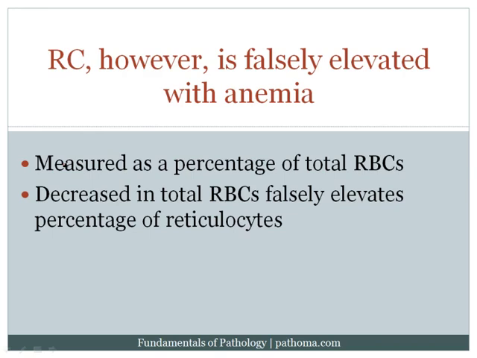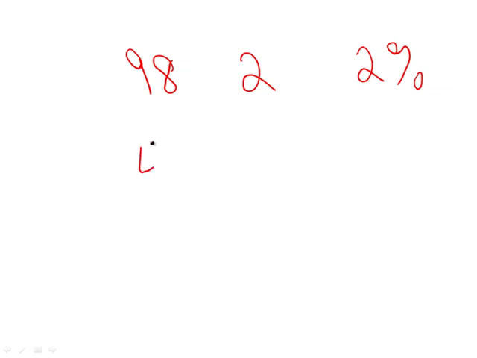And that's because the reticulocytes are measured as a percentage of the total red blood cells. Let's assume that a patient has 98 red blood cells, and 2 of those red blood cells are reticulocytes. So then this would mean that the reticulocyte count in a normal patient is 2 out of 100. 98 plus 2 is 100, so 2 out of 100, and therefore the reticulocyte count is 2%. Now let's imagine that the patient gets an anemia. If we assume that 50 of these 98 red blood cells get destroyed, or about half of the cells get destroyed,